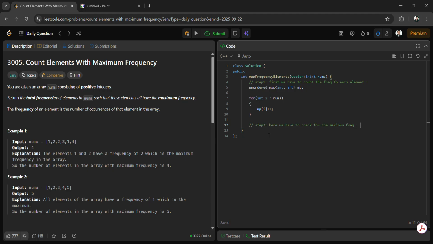So how can we get these things? Again we have to perform the same thing. Here we have to define int maximum element, max element, which we simply define as 0. So here, int max is equal to 0,